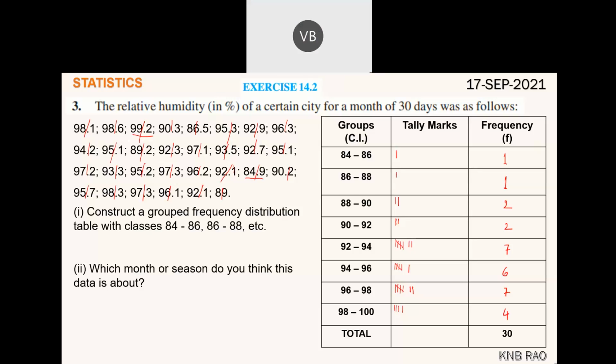Normally, what is the normal humidity? 89.2 or something like that. Sir, around 60 to 80%. 60 to 80%. What is the device used to measure the humidity? Hygrometer, sir. Hydro or hygro? Hygro, sir. Hygrometer. Yes, sir. Okay, good.